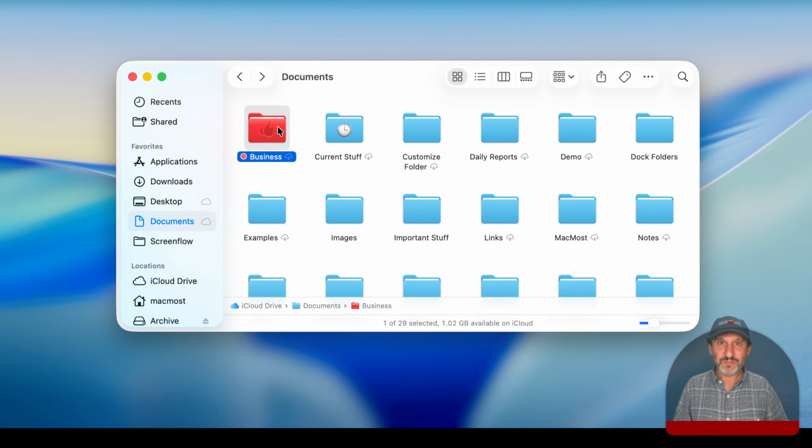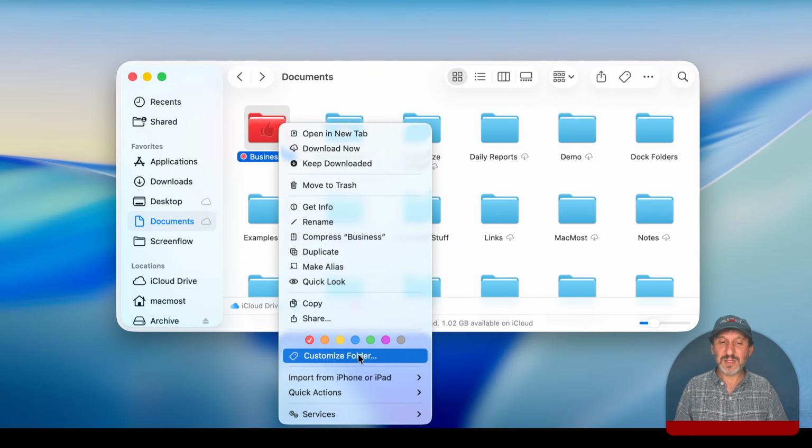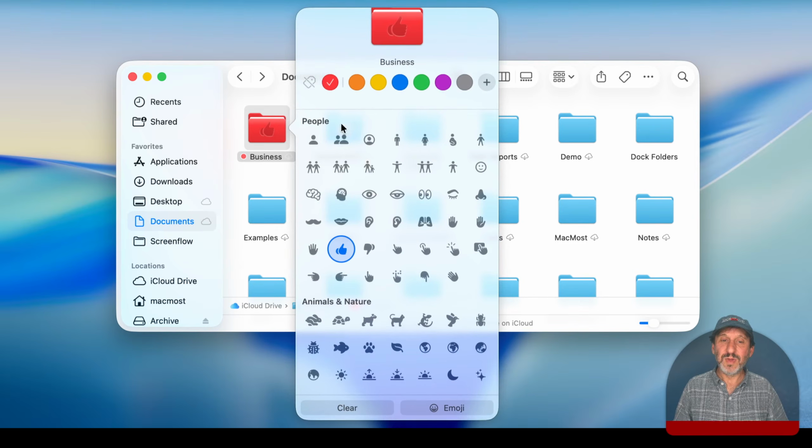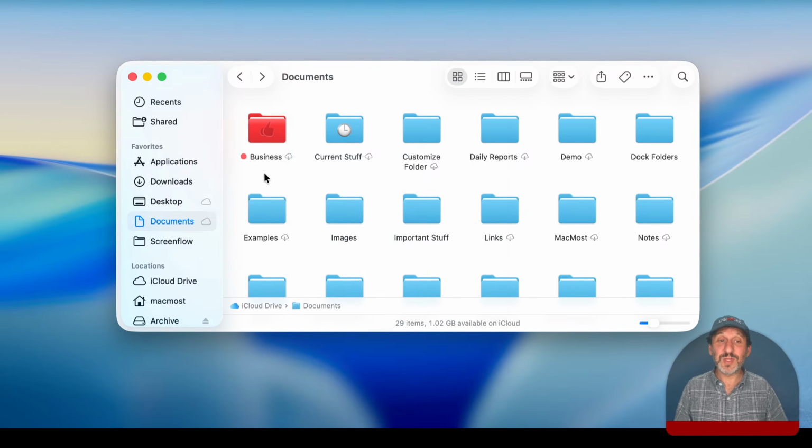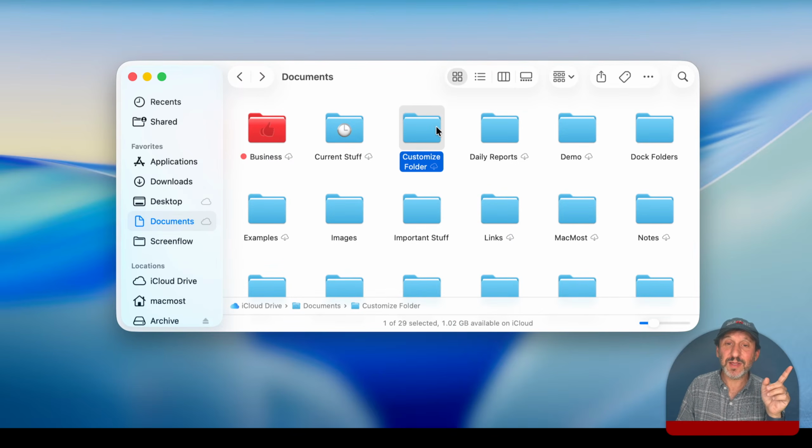All you need to do is use the Files app, tap and hold, and then you get the color dots and the customized folder to be able to do it there. So this works across everything. It's iCloud compatible, which is amazing and one of the best features of this whole thing. However, what I'm going to show you next is not, because if you do want to have a custom icon,